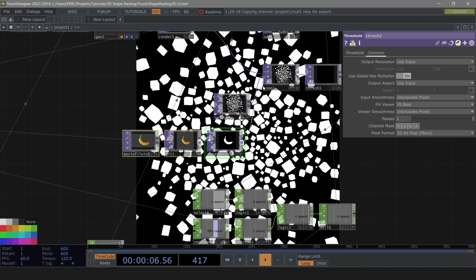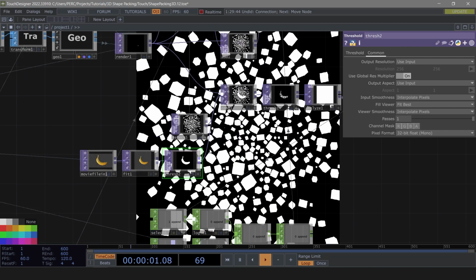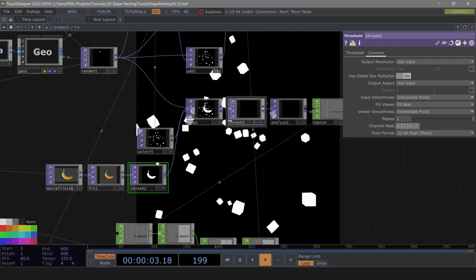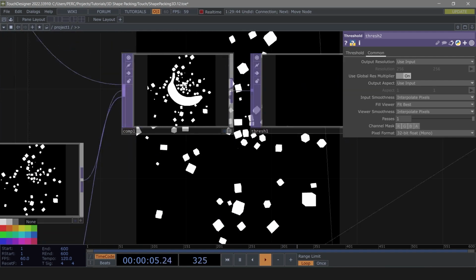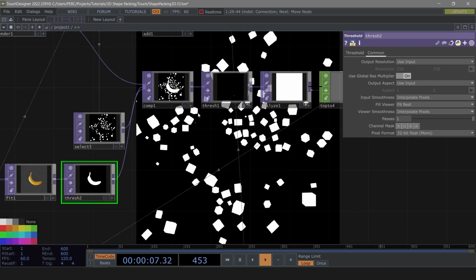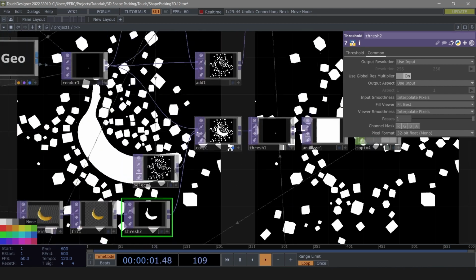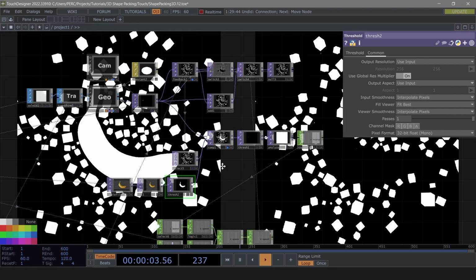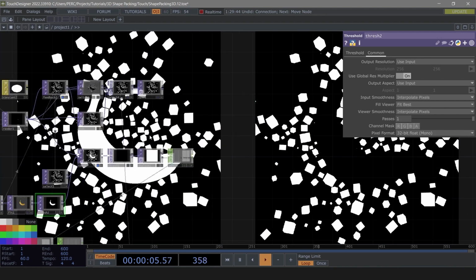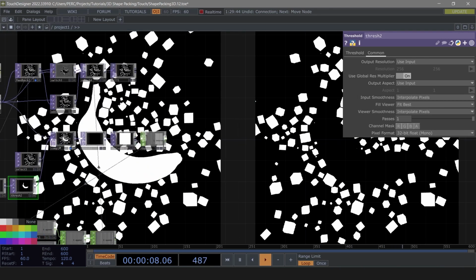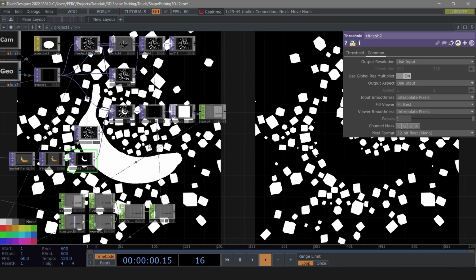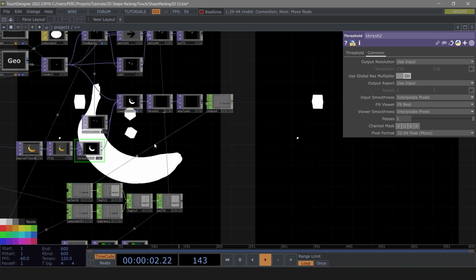I can just connect this to a save comp, just this one. And if I reset it, you can see now it works again. It's only placing geometry that doesn't intersect with our image. Now there's an issue though. If I keep resetting this